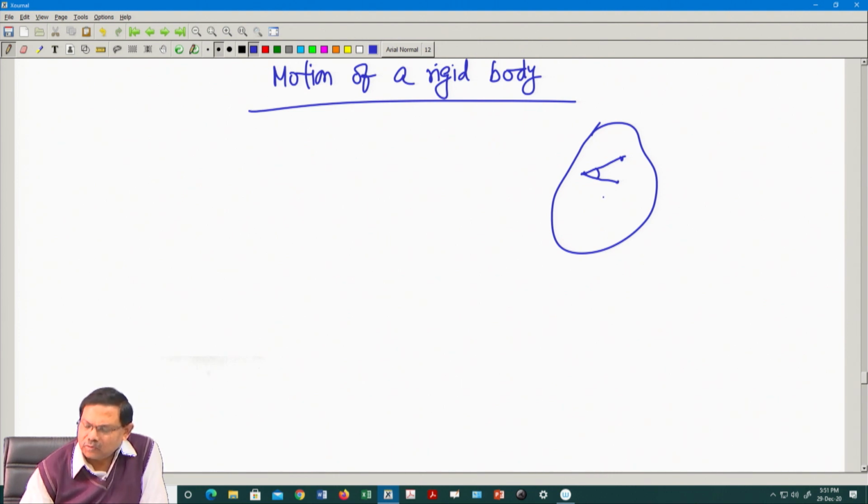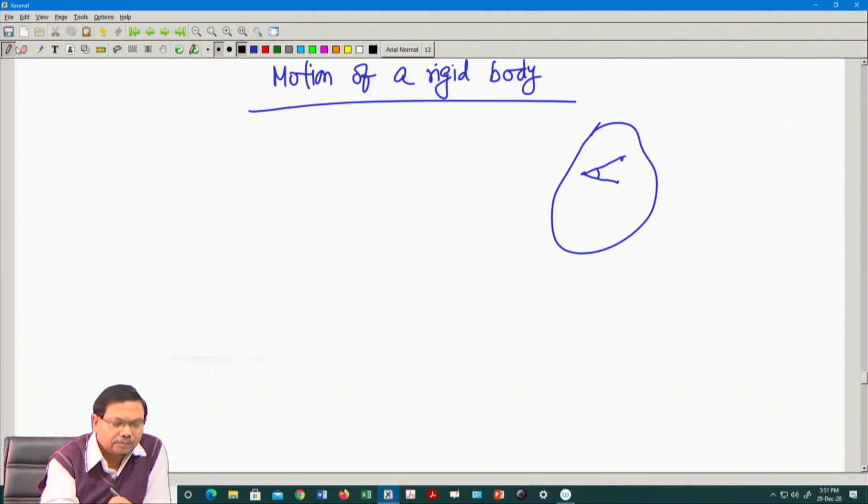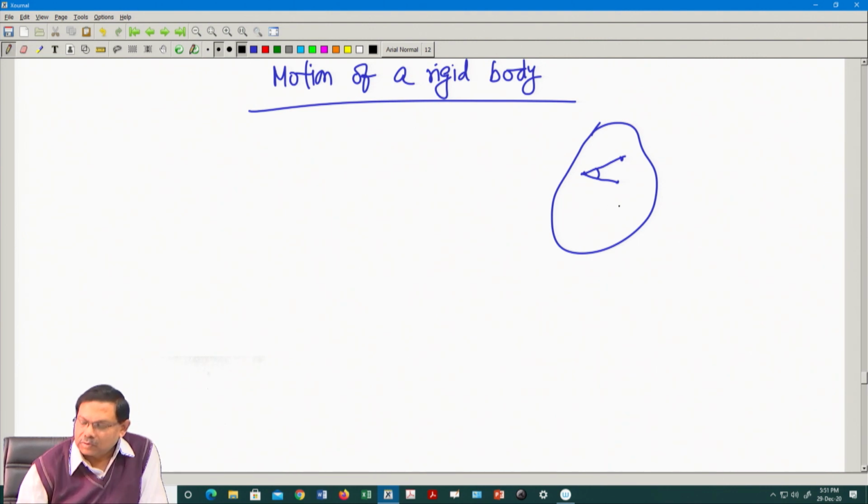Whenever a rigid body moves, its center of mass, let us say it has some center of mass, will move. So, it has a center of mass somewhere. That is going to move, and with the center of mass there may be some rotation about